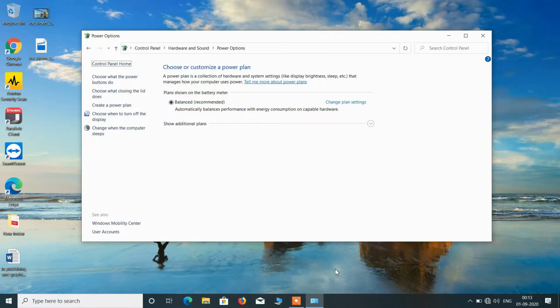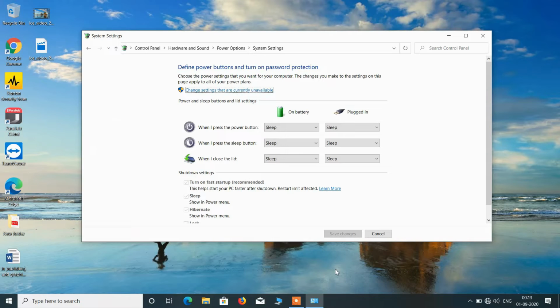Just use the down arrow key to select the option choose what the power buttons do. So the option is now selected. Just hit enter to open it. Now you can see that by default this option change settings that are currently unavailable is selected. Just hit enter.